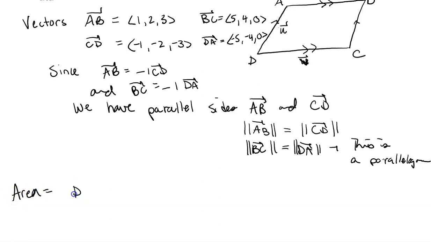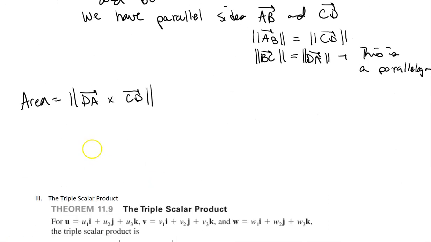So the area will be DA cross CD, and we'll take its magnitude. Okay, so that's going to be the magnitude of this particular vector or cross product. So the cross product here